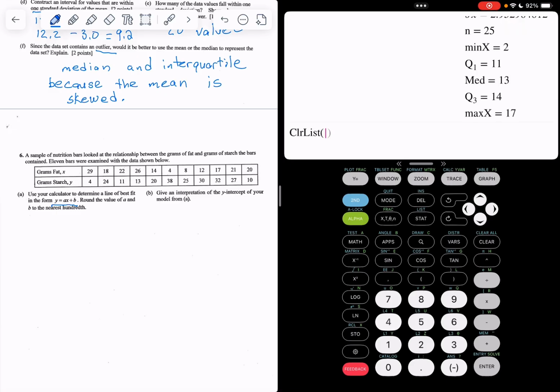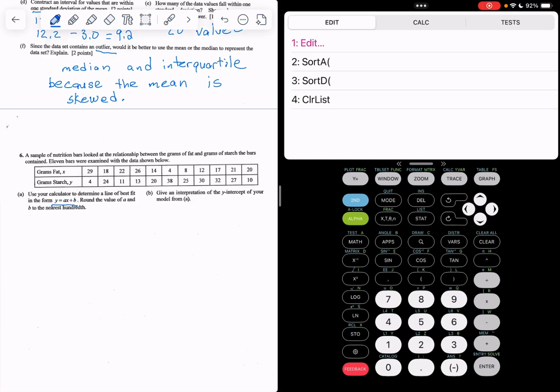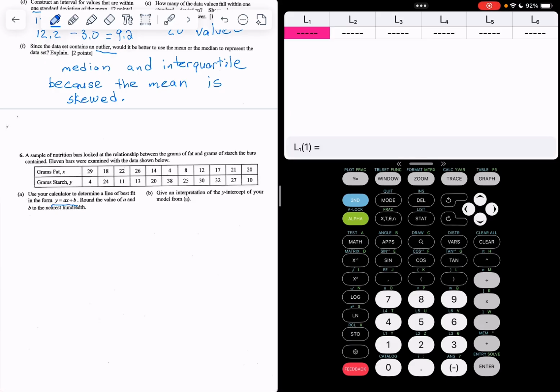So I'm going to do 4. I'm going to do second L1, the comma above the 7, second L2, hit enter. Yours will say done. Mine says box because they're empty. That's empty sets and set notation, just in case we're interested. And then I'm going to go back to stat, and I'm going to go to edit, and I'm going to put these numbers in: 29,